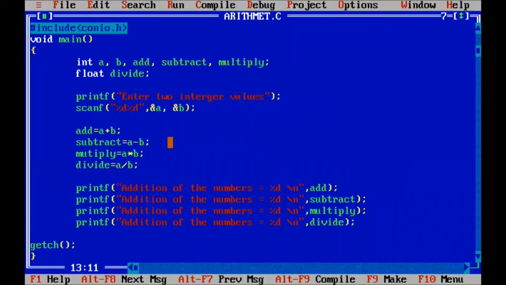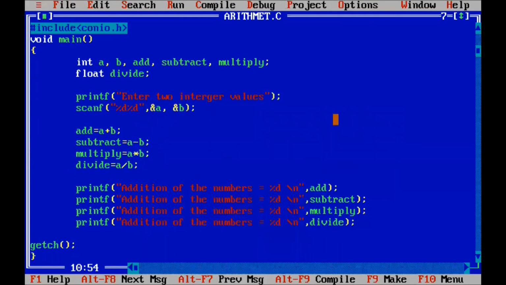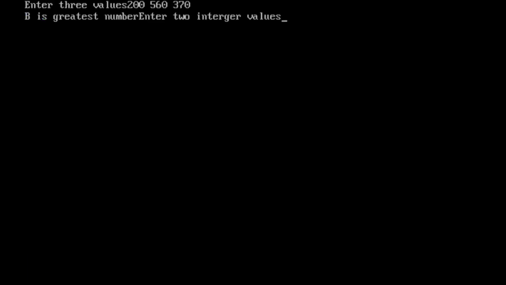We forgot MUL. The compiler could not detect this variable because we wrote it differently, so this variable did not match the one declared at the start. So we again save this program and compile. Here there is no warning, no error.